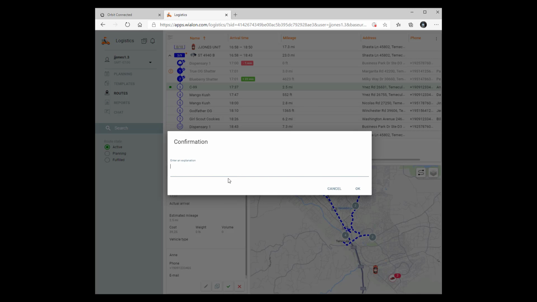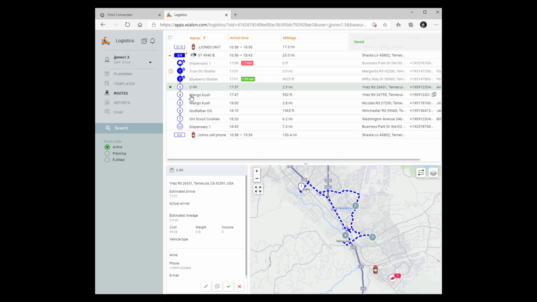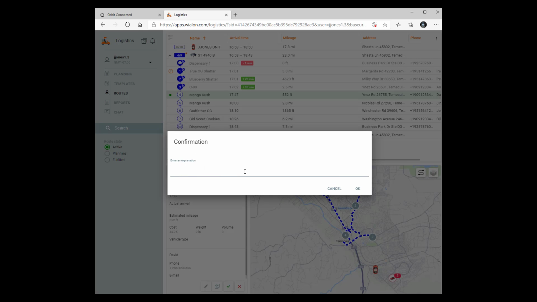Click OK. Next, confirm delivery. Next order, confirm delivery. Next, confirm delivery. Next, confirm delivery. Next, confirm delivery. Now we have made our last delivery and are on our way back to the dispensary